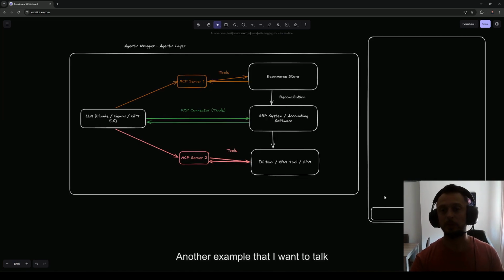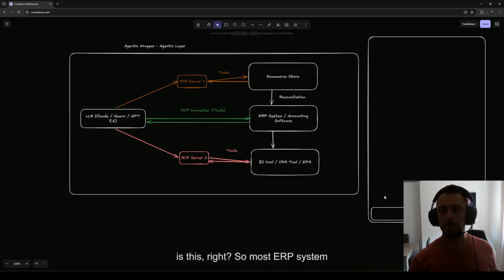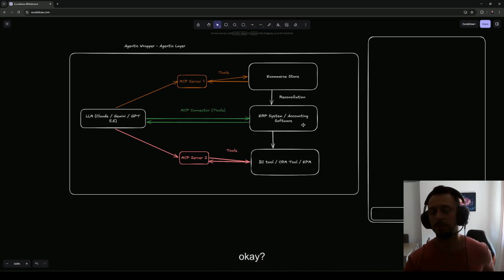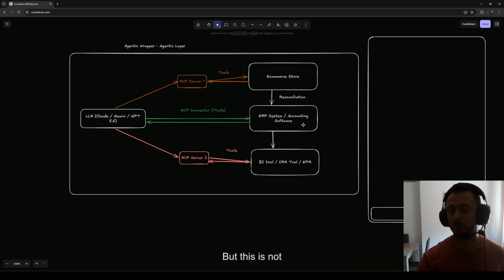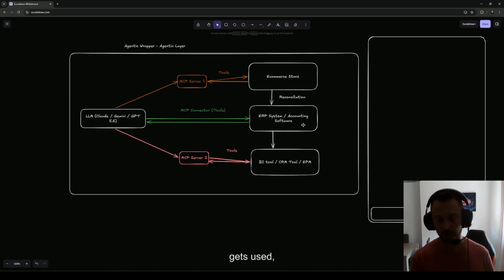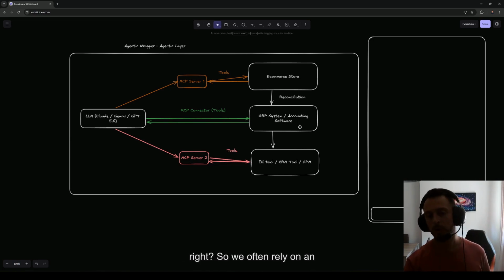Another example that I want to talk about, which is once again something that happened to me not so long ago, is this. Most ERP systems or accounting software do have a CRM built in, but this is not actually the core software that gets used for doing CRM and marketing activities. So we often rely on an external CRM tool,